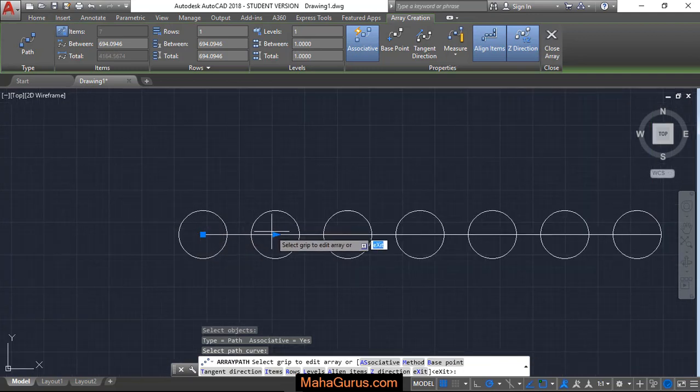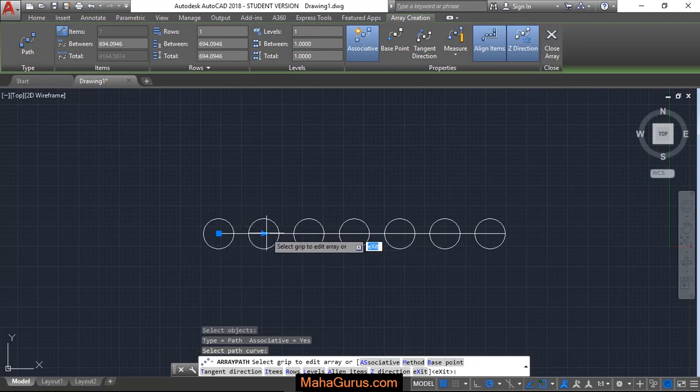Now according to your need, you can specify the number of columns and the number of rows. Let's suppose I want the number of rows here. It's currently only one row, and I want to insert some more rows. So I would just go here and insert the number of rows here, 5,